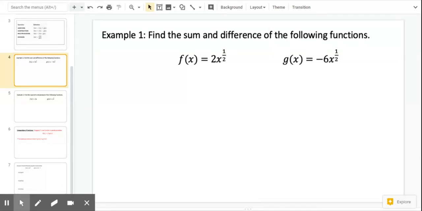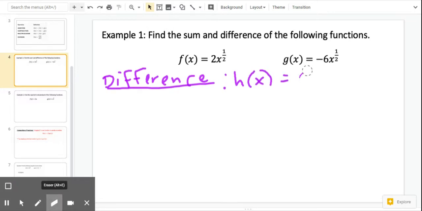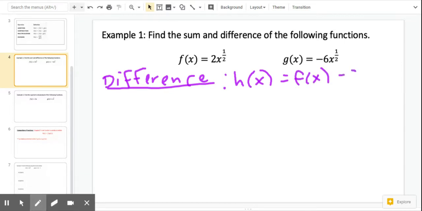Let's now find the difference here. So difference is, of course, subtraction. And for difference, we want to make sure we're doing it in the order they gave us because order matters for subtraction. So we're going to do f of x minus g of x. So our new function h of x is going to be equal to, oops, I'm already doing the opposite of what I just said. So h of x is equal to f of x minus g of x, which is